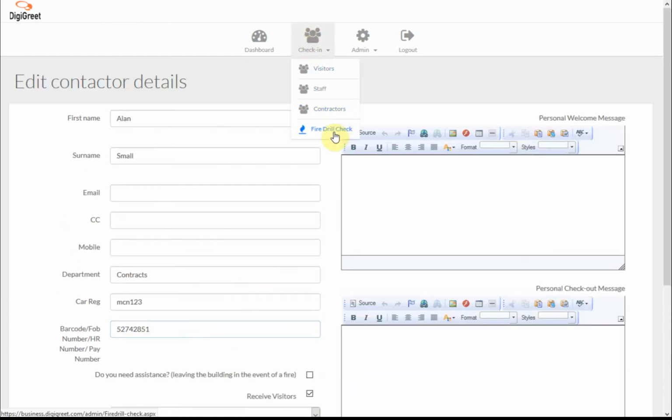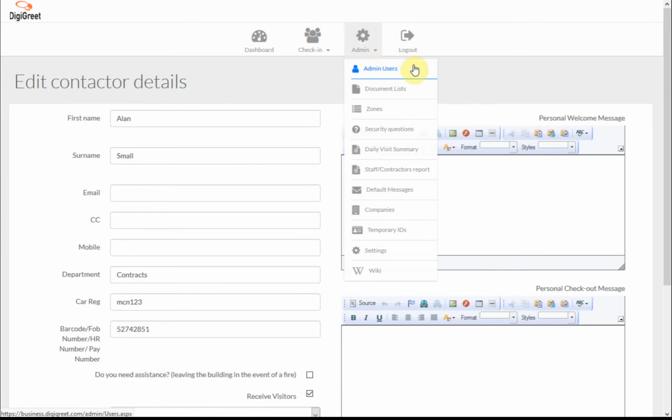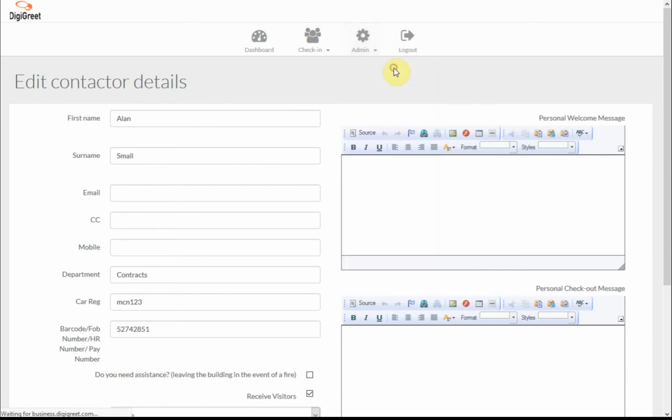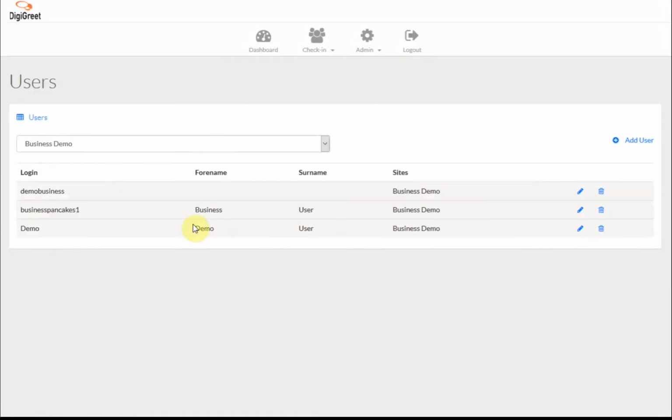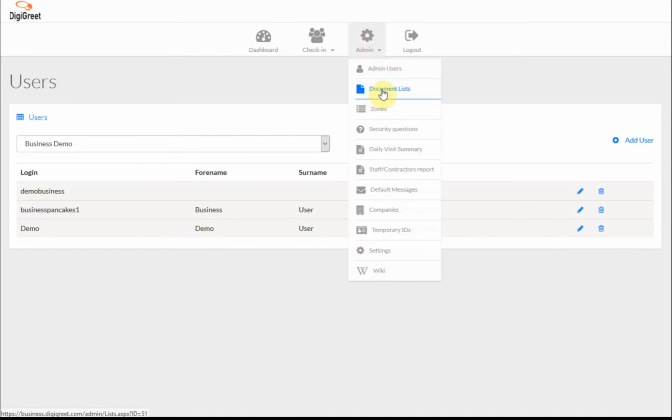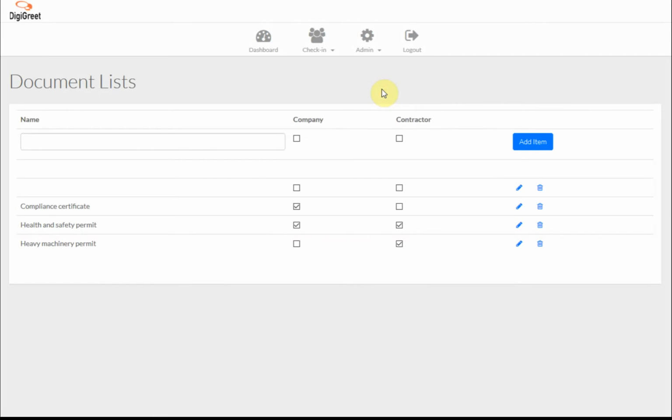The contractor page and the fire drill check are very similar to the other pages that you've already seen. So if I just talk you through admin, the admin users page simply allows you to add more users to the system who can then access the admin side. The document list page allows you to upload documents for contractors such as insurance or qualifications, especially useful if